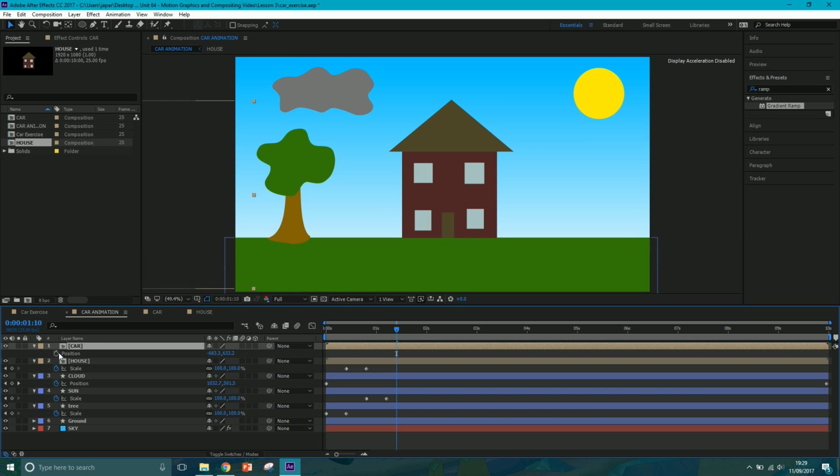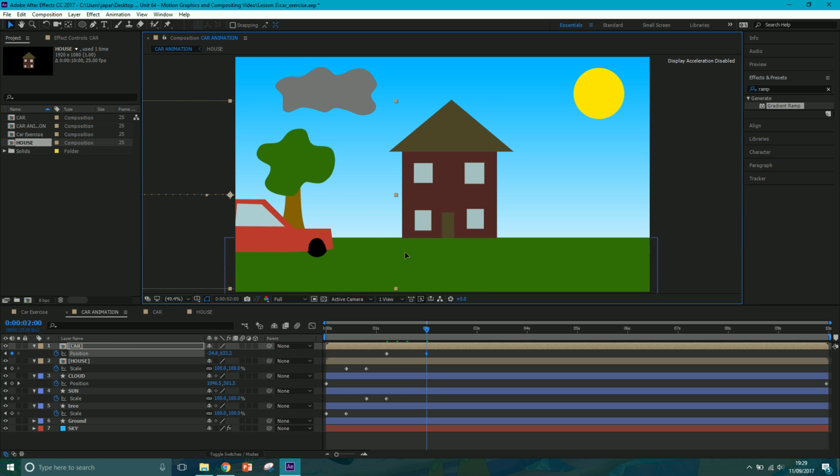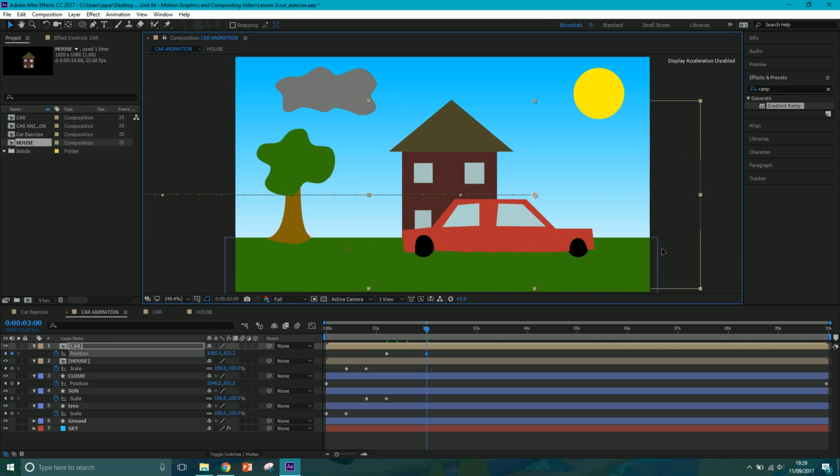hit P, keyframe it. This keyframe should be at the beginning, or no, around about here, just as that's scaling up, or no, just as it's finished. And then come forward about maybe 20 frames and drag this. I'm holding shift to keep it straight, drag this in. Okay,